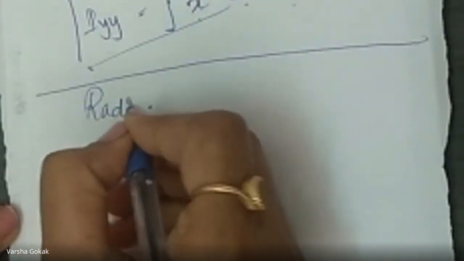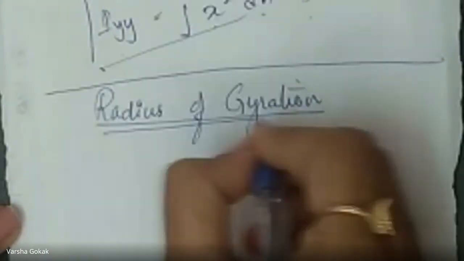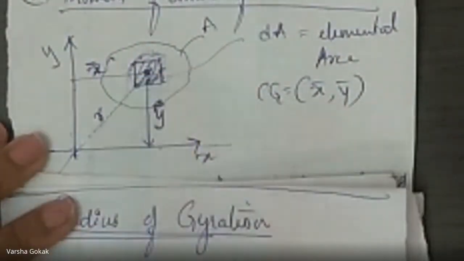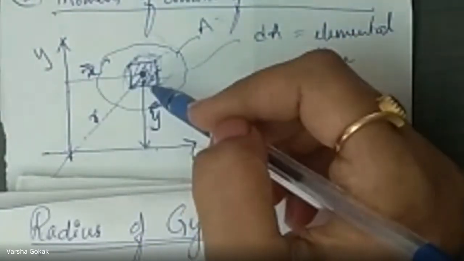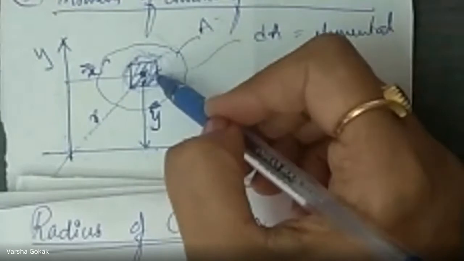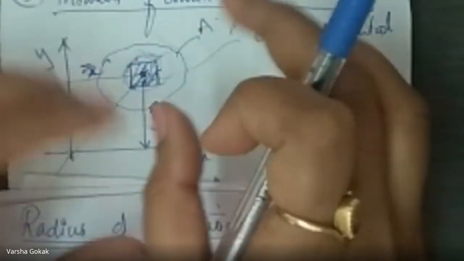Then you have an important terminology called radius of gyration. Now what is this radius of gyration? I need this figure back for that. So in this particular figure, now I know the Ixx and Iyy value for this figure with the elemental area dA for the entire area A, and its distances x and y and r for the polar, right? Now, if this area, I will concentrate into a strip, the area will remain the same.